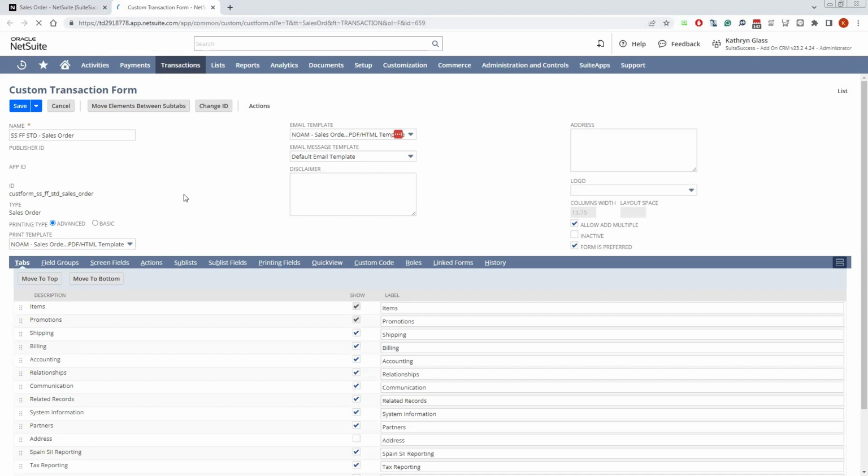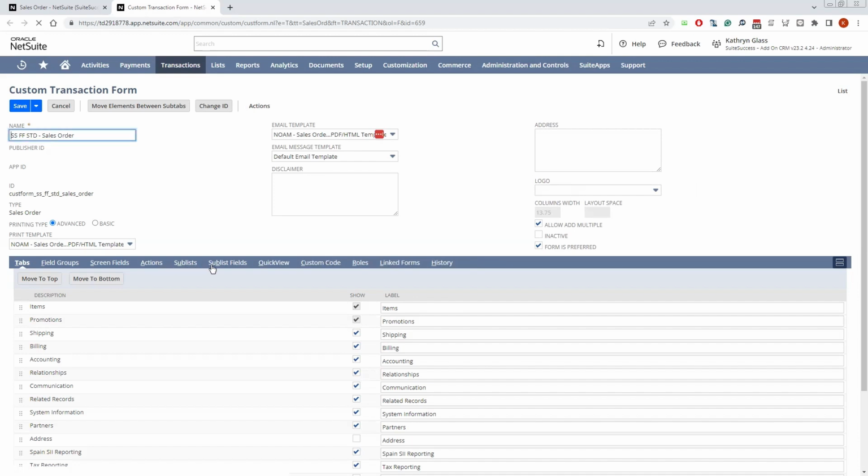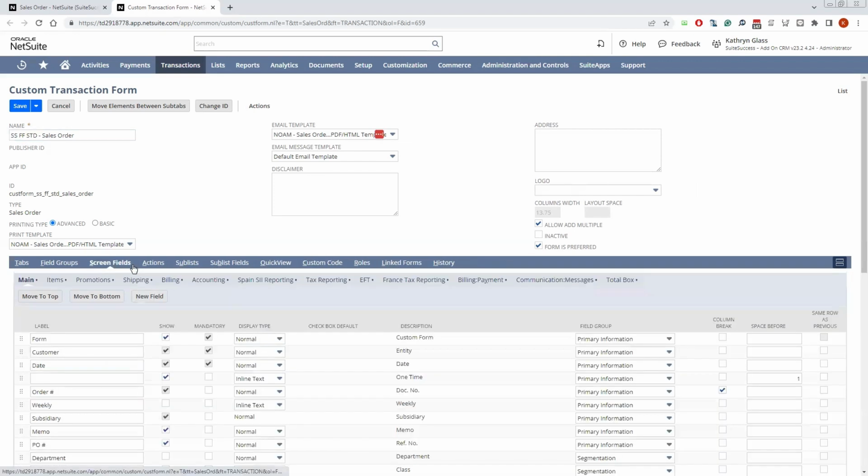It's still loading. You would go to the screen fields